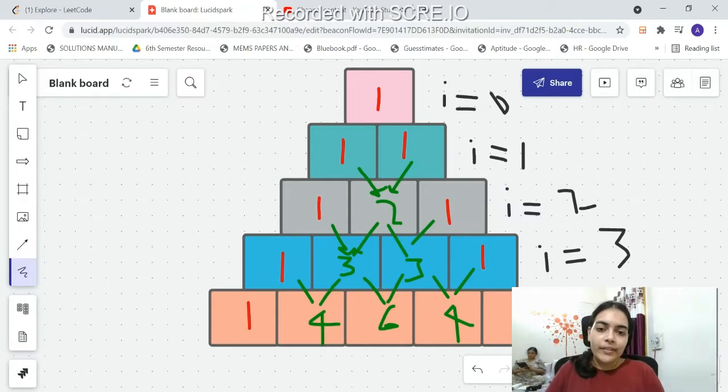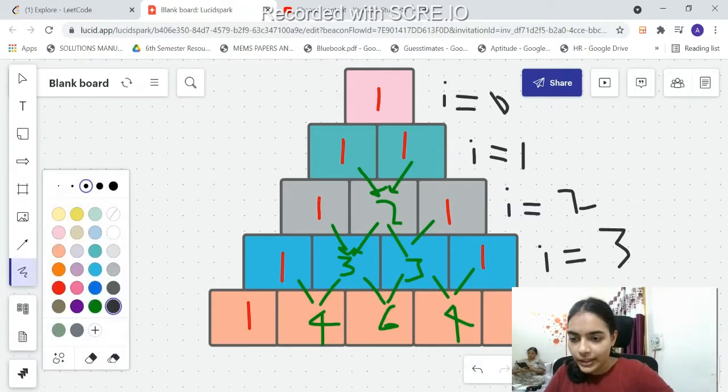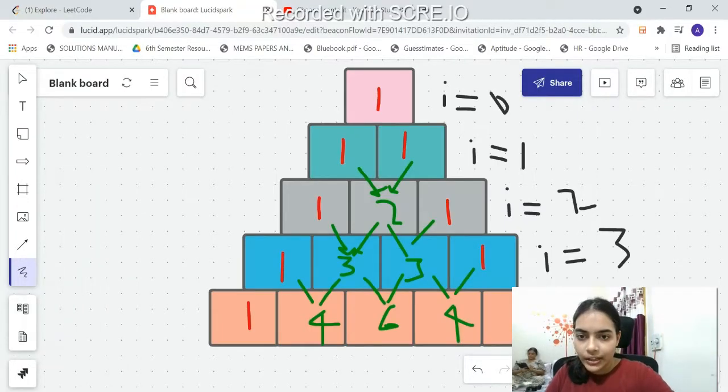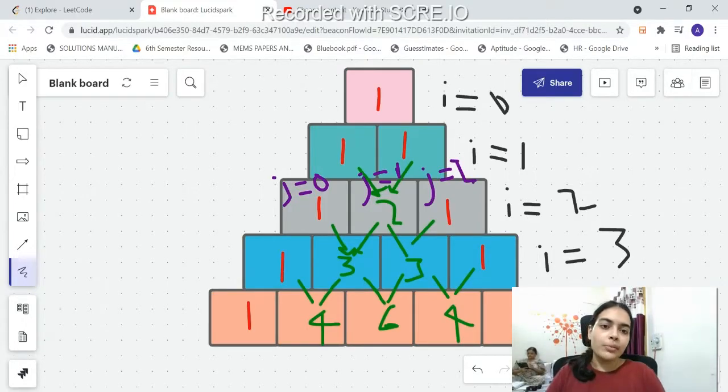And we will have another variable for the boxes in each row, so j equal to 0, j equal to 1, and j equal to 2, like this. So two variables are sufficient to build this Pascal's triangle.